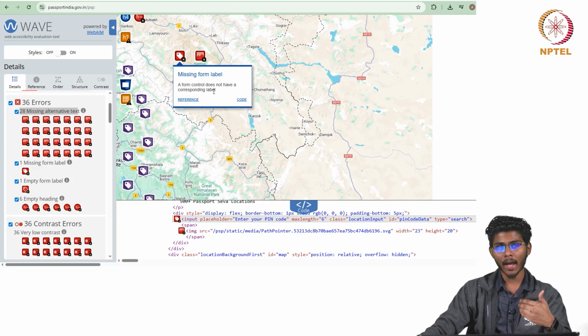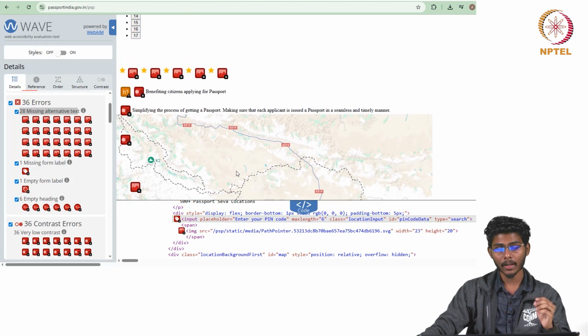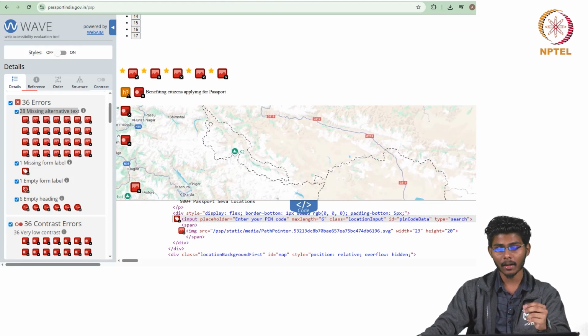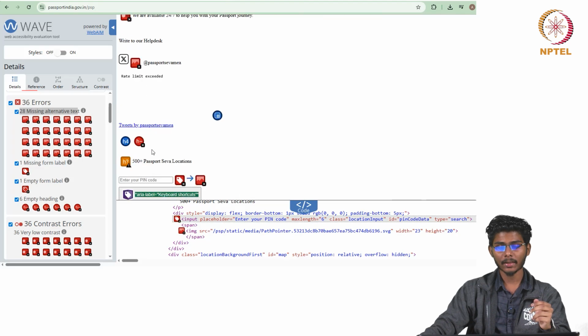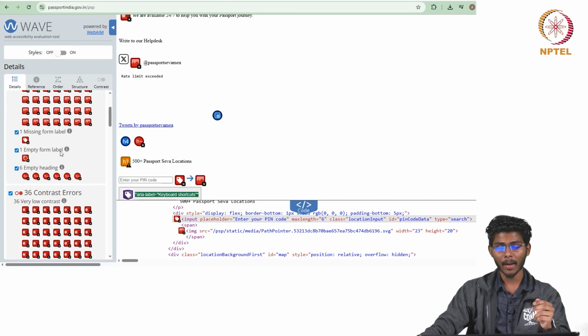As I said, if impaired users are using the screen reader option, when the screen reader is going from top to bottom, it does not necessarily mention that this is a drop down menu. So, for that purpose we should include form labels, mentioning that this is a form label and that this is a map element in the interface, etc.